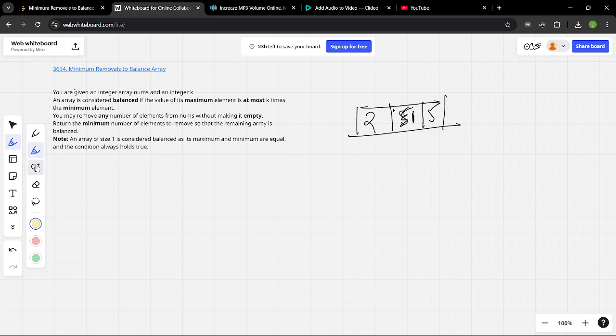Okay, these are the three elements of an array, and we are trying to balance the array. So how will we balance it? It is given that we can remove any number of elements from the array without making it empty. The array is considered balanced if the value of its maximum element is at most k times the minimum element. It is given that the maximum element in the array is at most k times the